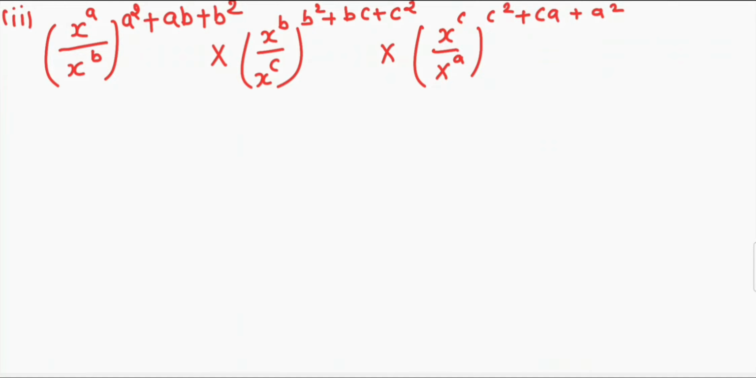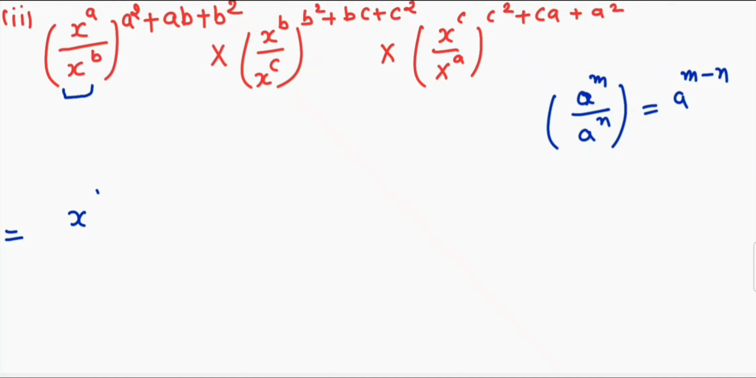My next question is this. Here, same, first I will apply this formula that a raised to power m divided by a raised to power n is equal to a raised to power m minus n. Here I am going to apply that formula, which this will become x raised to power a